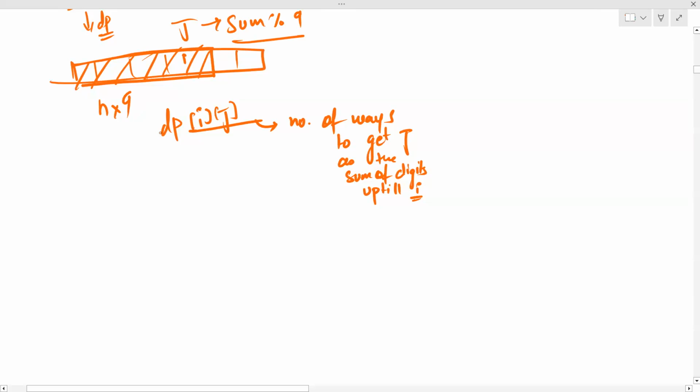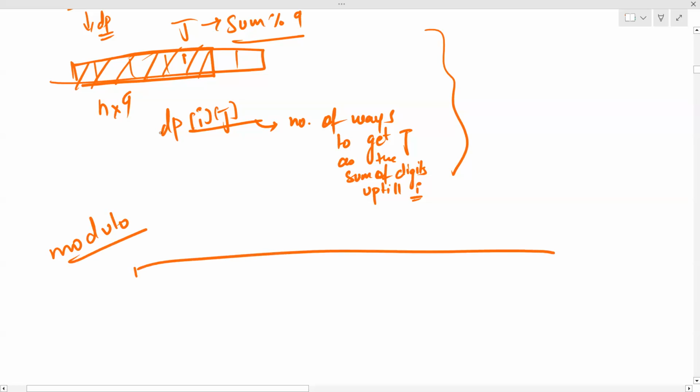First of all, you don't have any doubt in this, right? The transitions would have been really simple. This is just one of the ways to do this. But the thing is, we don't actually have a modulo value, which we could have used during the transition. Now, if we don't have a modulo, we need to print an answer that is very